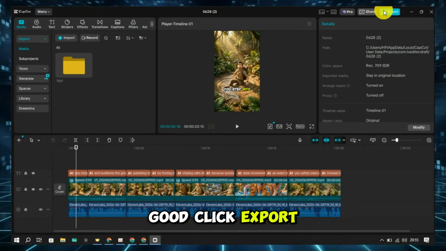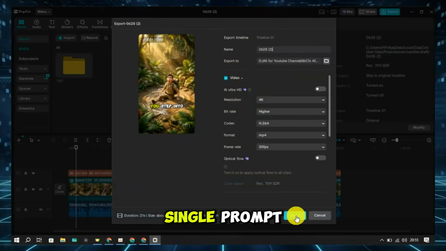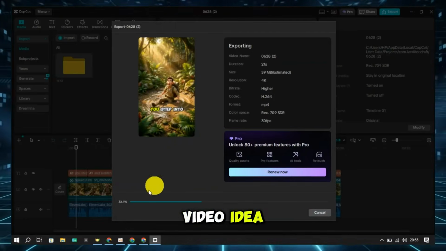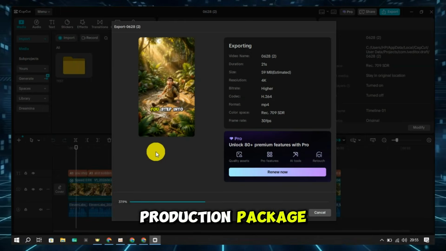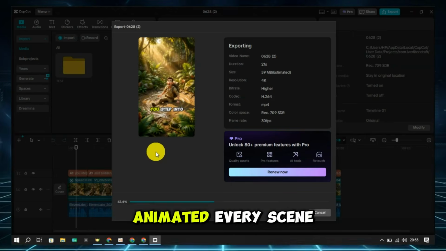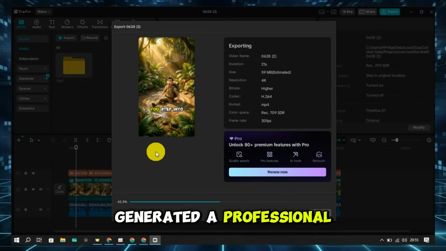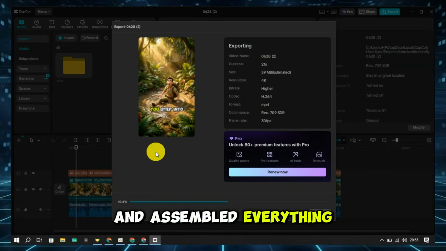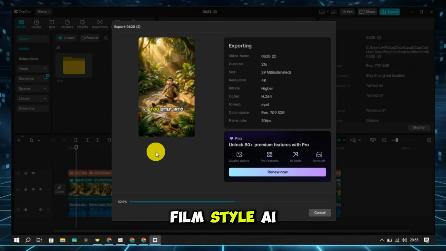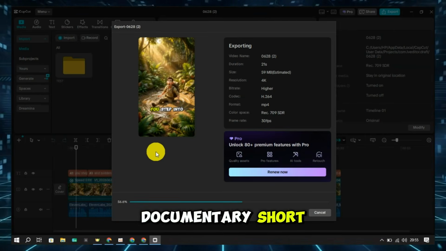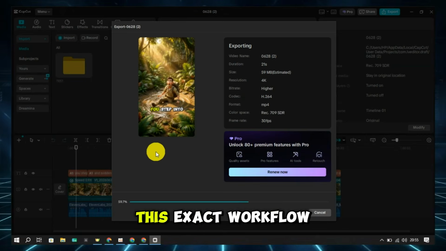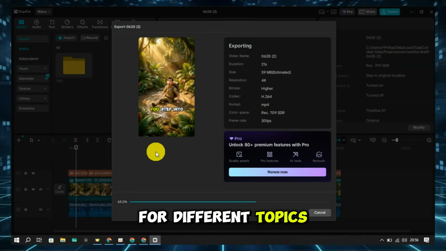And that's it. Starting with a single prompt, you've generated your video idea, created a complete production package, produced consistent images, animated every scene, generated a professional voiceover, and assembled everything into a finished ZACK D Films style AI documentary short. The best part is that you can repeat this exact workflow for different topics, different niches, and different video lengths